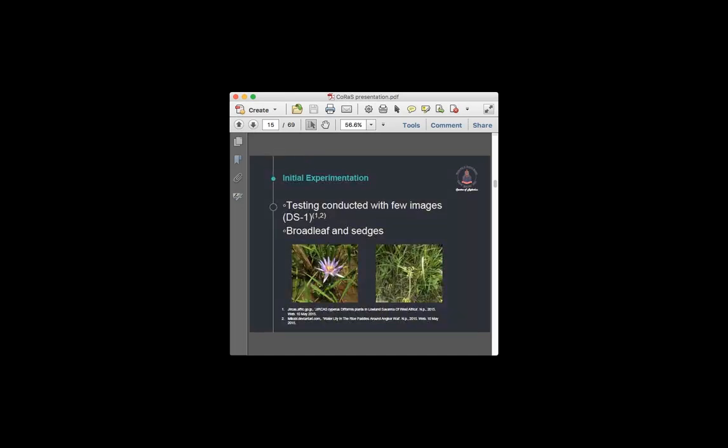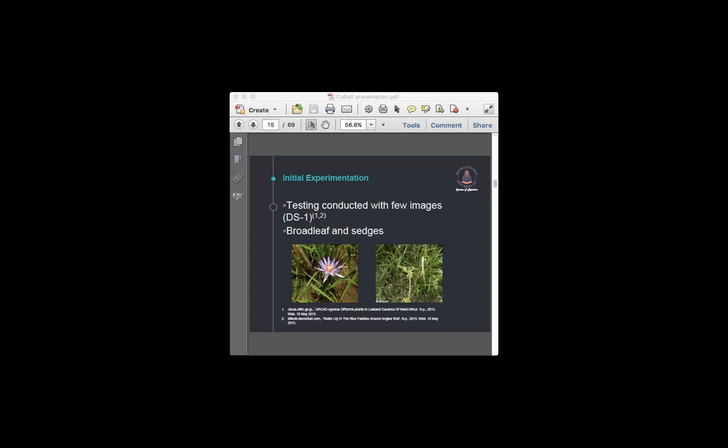So this is the initial experimentation that we did. We collected some data set from local rice crops in which we had different types of weeds. Here you can see there are in general two types of weeds. There are narrow-leaf weeds and there are broad-leaf weeds. The problem is that if the crop is narrow-leaved and the weed is also narrow-leaved, it is very difficult to differentiate the weed from the crop. If the crop is narrow-leaved and the weed is broad-leaved, then it's very easy to identify that.